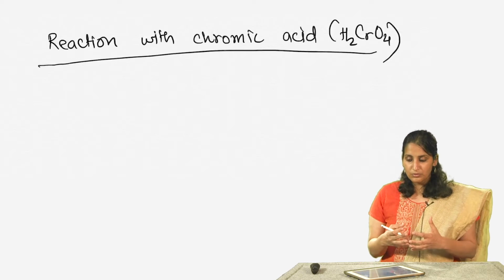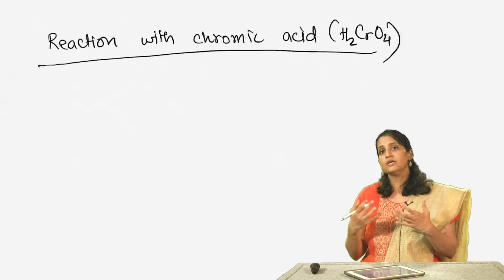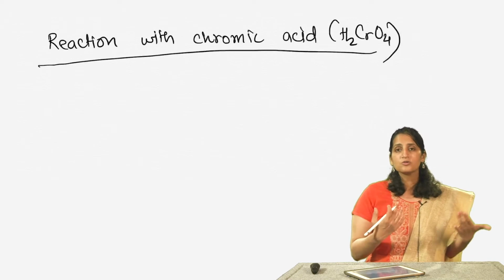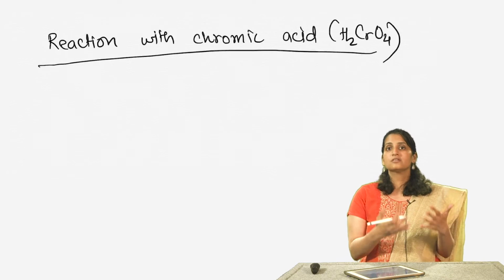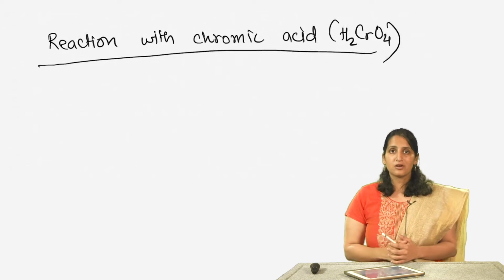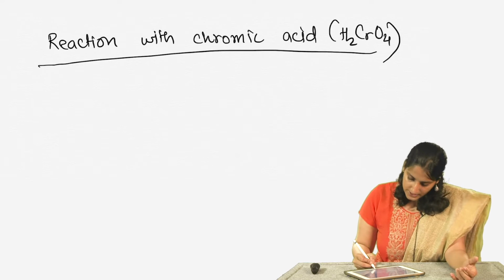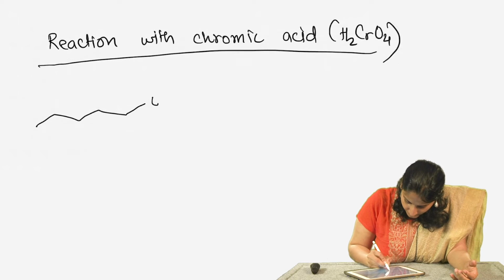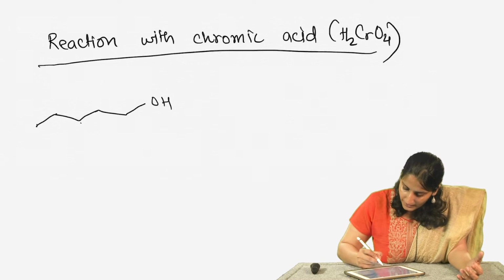And if you mix chromic acid with sulfuric acid, it is most commonly known as Jones reagent. So, you will also see Jones reagent written instead of chromic acid, but it is just a reagent to oxidize an alcohol all the way to carboxylic acid. Let us take for example, 1-pentanol,